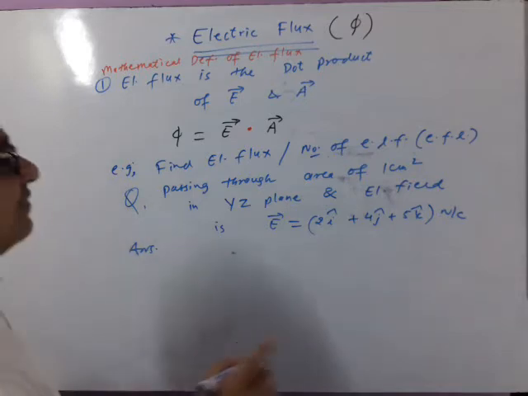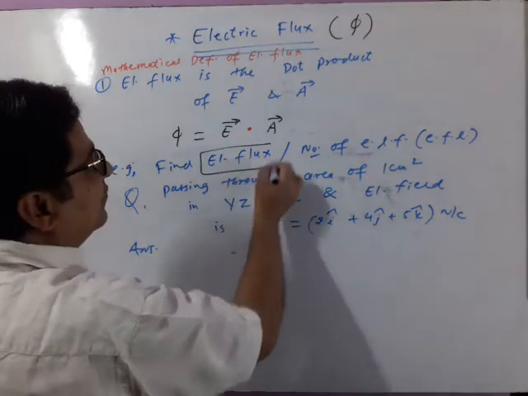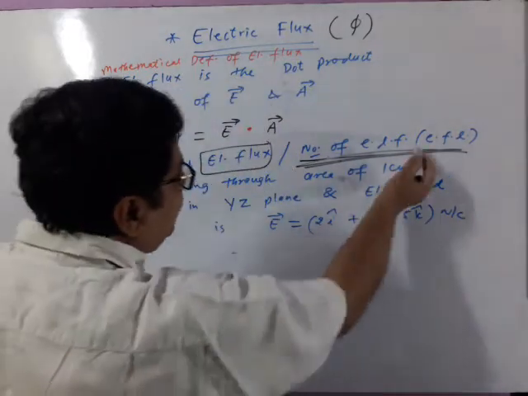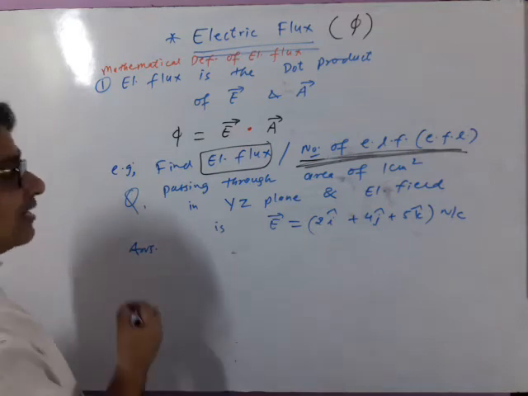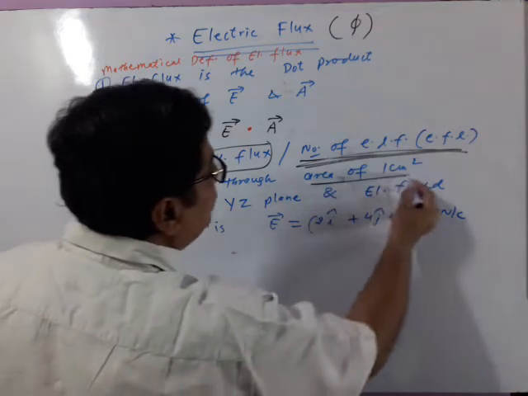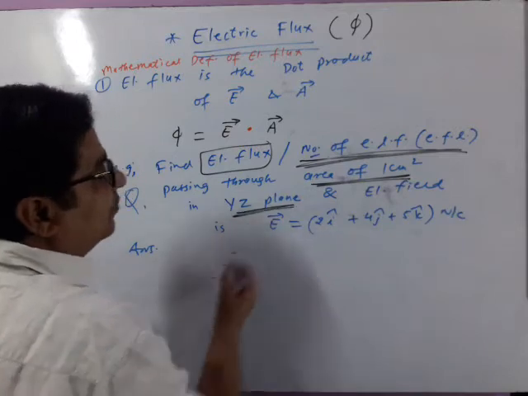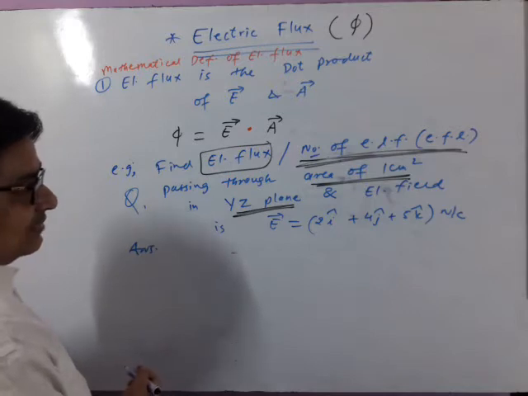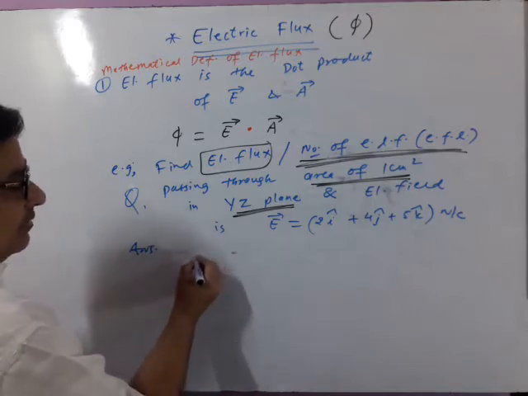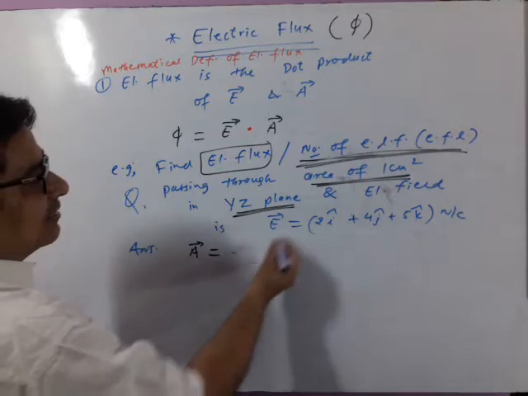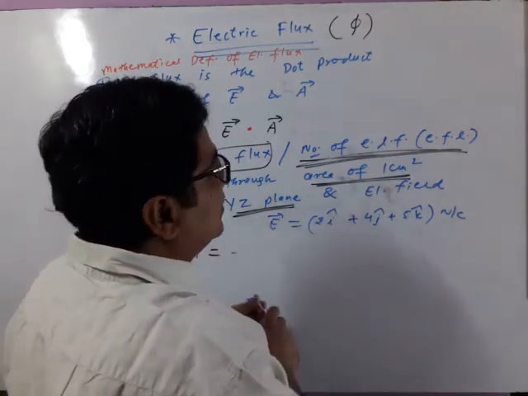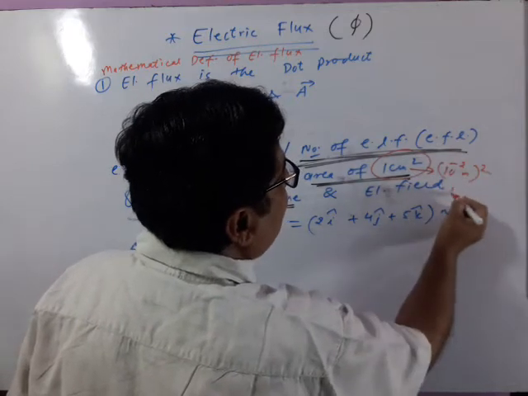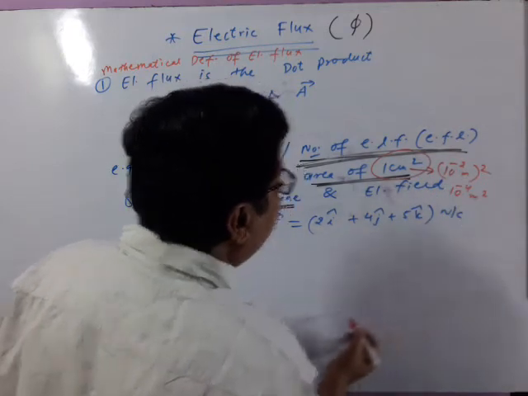See, in the previous lectures you learned electric flux is also called the number of electric lines of force or electric field lines. As well as, in the previous lecture you learned how to write area in vector form. We consider area as a vector quantity for defining electric flux. See, this is 1 centimeter square area. Change it into meters. So it will be (10 raised to the power minus 2 meter) whole square, 10 raised to the power minus 4 meter square.